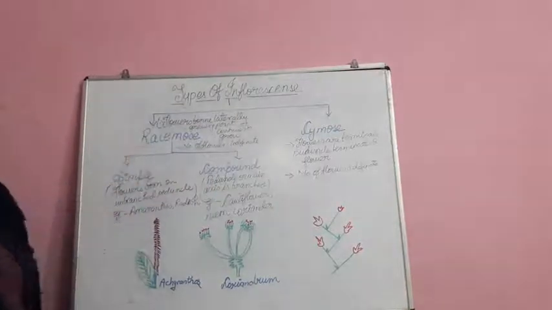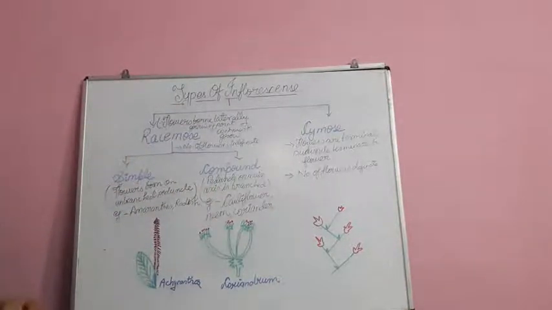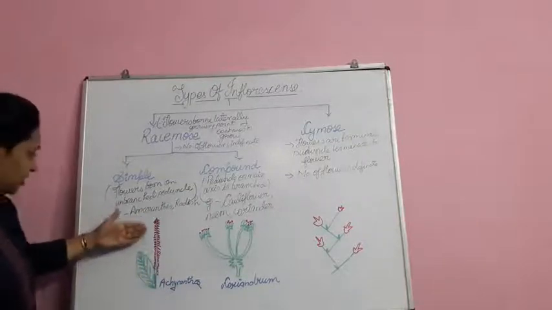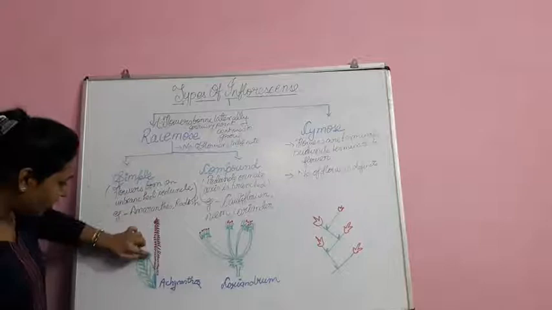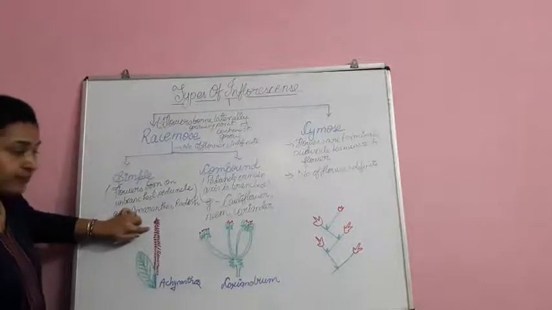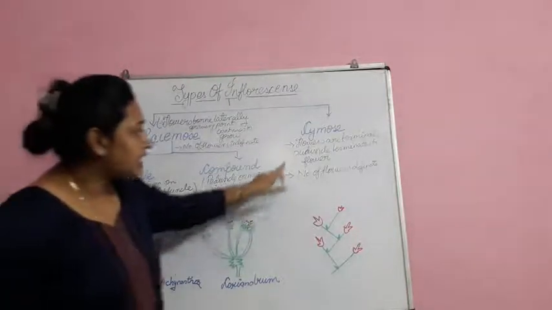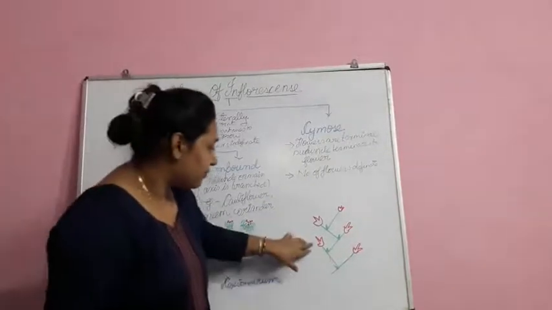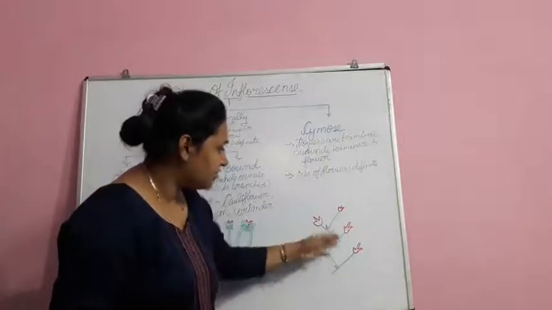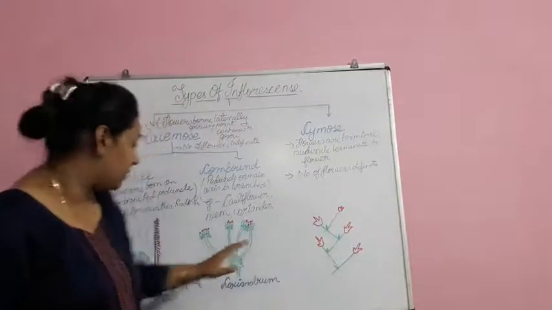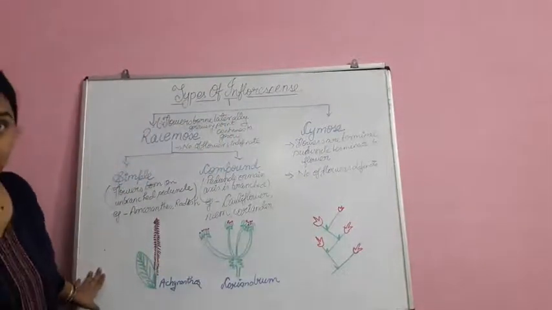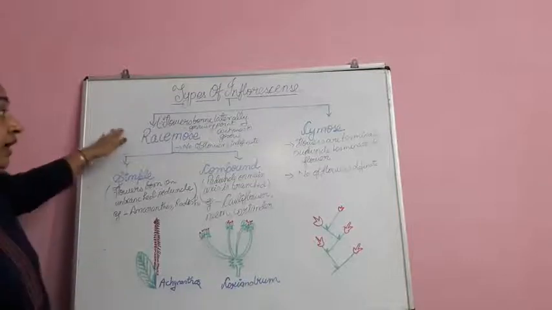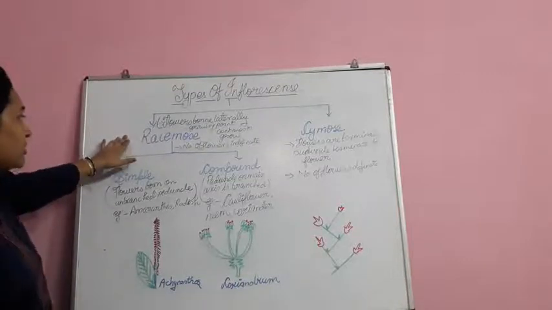So here is the racemose and this one is the cymose type of flower. The racemose flowers are always indefinite in number, meaning there can be many, as in this picture you can see so many, all these red ones are the flowers. But in cymose, there is a proper definite number of flowers present. Here you can see just a few flowers, but here many flowers. So this is one difference between racemose and cymose.